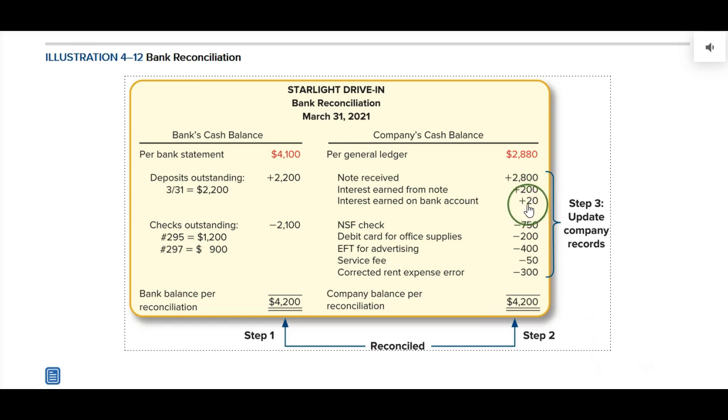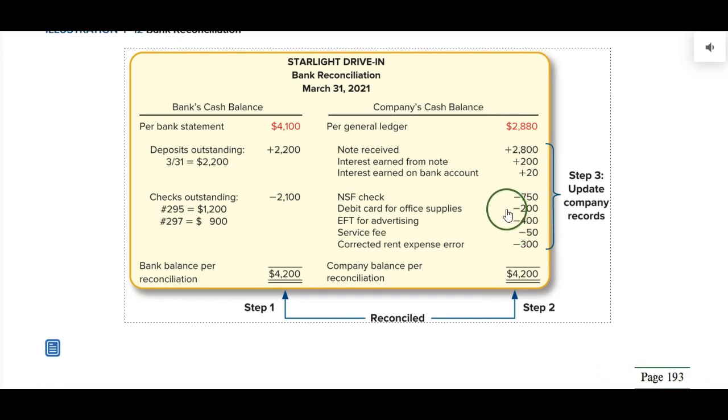The bank paid us $20 interest just based on our daily average cash balance. The bank took away $750 from our account because a customer check that we were given and we deposited turned out to be bad. So the customer's bank sent it to our bank, and our bank reduced it from our checking account. The debit card, someone used a debit card and it was not recorded. So it's easy to do that, to use a debit card and not record what happened. But we will see it on the statement, so we have to record it now. We'll do that in a minute.